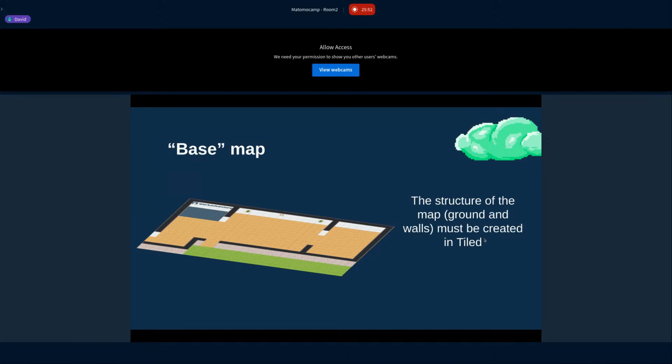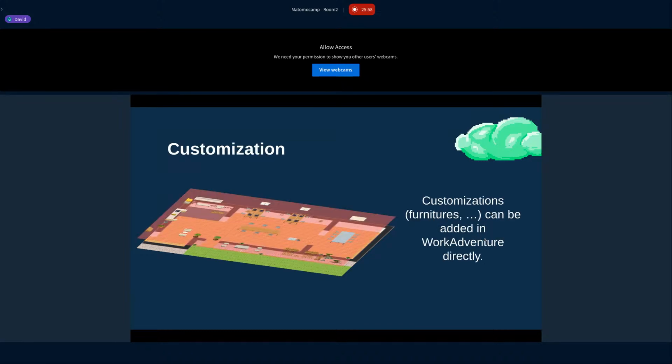So it's open source also, you can download it, and you will design the map in Tiled. Then, in Work Adventure itself, you can customize the map, add objects, and mostly furniture, interactive zones, and stuff like that. You can also do that, everything in Tiled if you prefer.